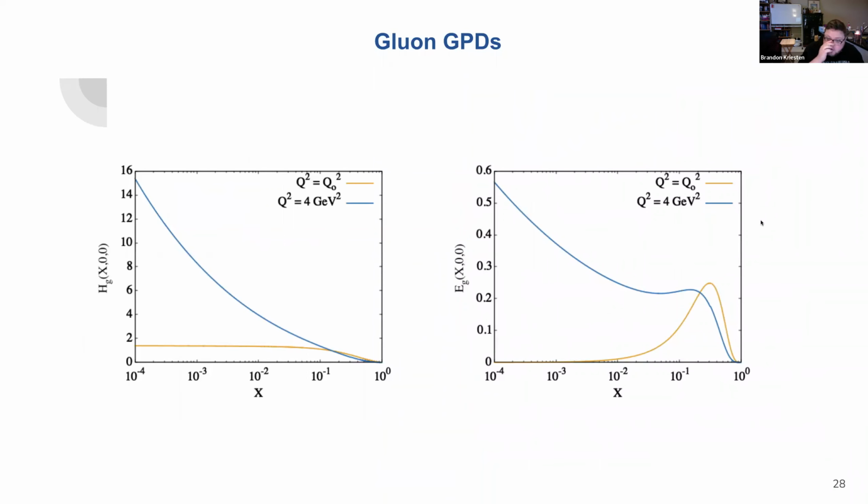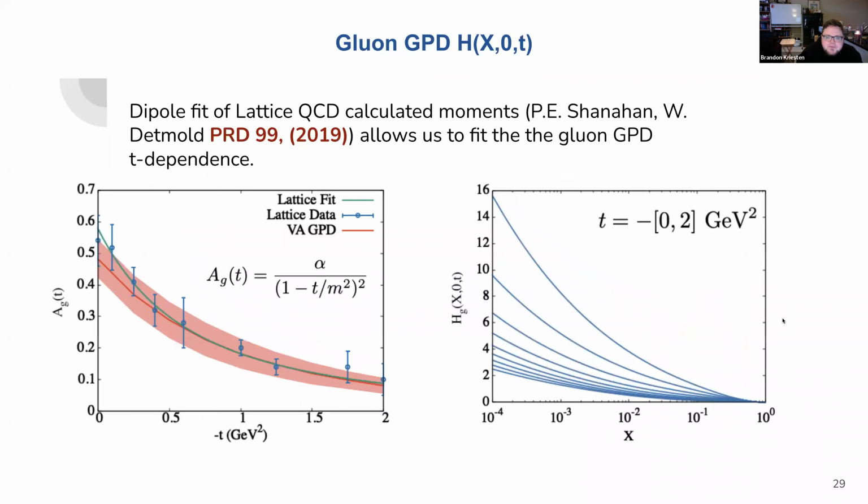And so this is what these things look like. For instance, this is our gluon PDF. It evolved from an initial scale, this is what it looks like, and then we evolve it to a final scale of 4. And similarly for the gluon GPD E, which I'll describe in a little bit, this is actually novel work in that the gluon GPD E has not necessarily been parameterized. It's been modeled, but not necessarily parameterized to lattice data before.